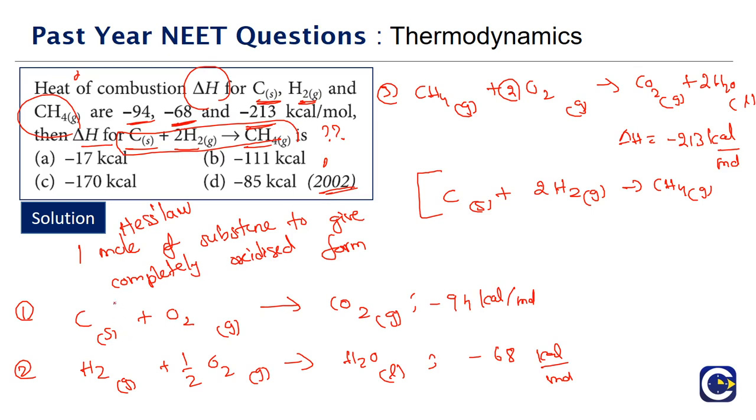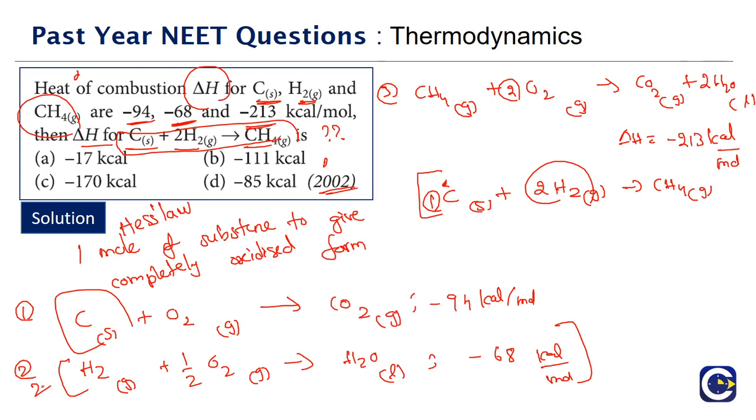In the overall reaction, carbon is there, 1 mole on the reactant side. Carbon is coming in only one equation, which is equation 1, and we already have 1 mole on the reactant side. So we should not disturb equation 1. Equation 1 can be as it is. Now in the overall equation we have 2 moles of H2. H2 is coming in only one equation, which is equation 2, and here it is coming as 1 mole. So we must multiply this equation by a factor 2.